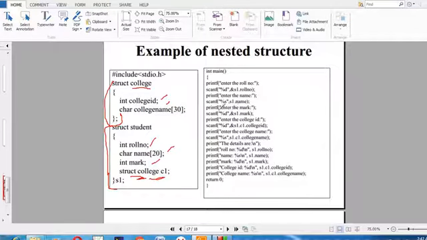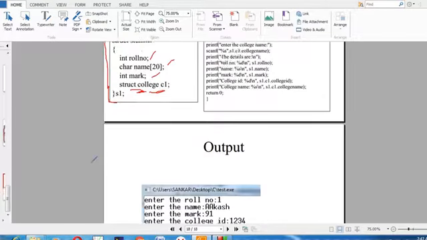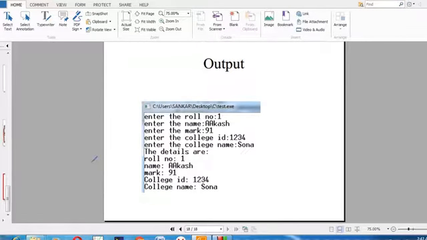This way it gets the values, and then displays them to the user with the help of printf. This is the sample output of this program: enter the roll number 1, enter the name Akash, enter the mark 91, enter the college ID 1234, and enter the college name Sona. The details are all displayed in the proper way.